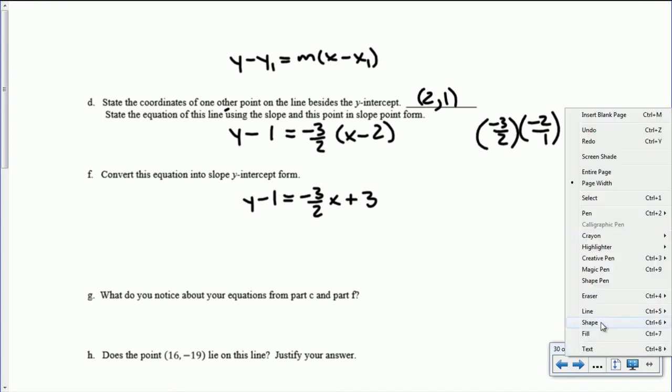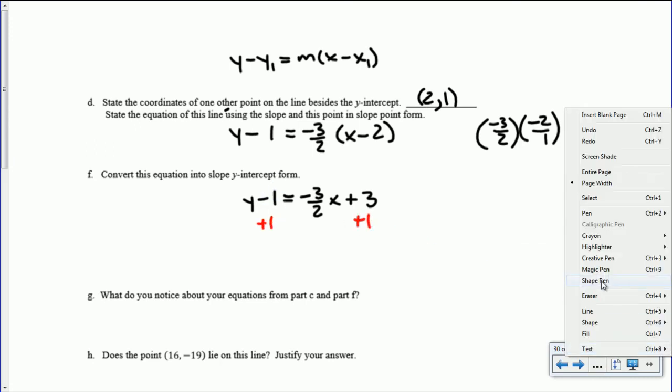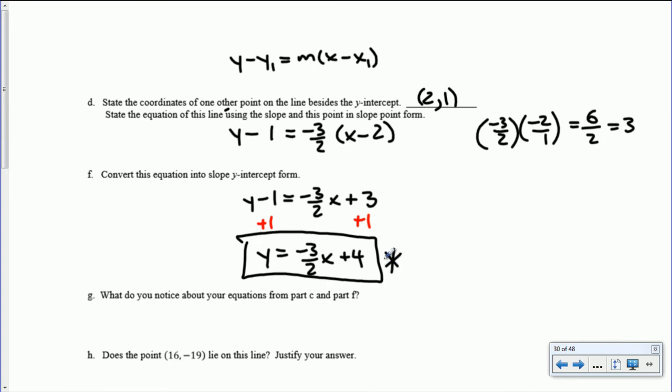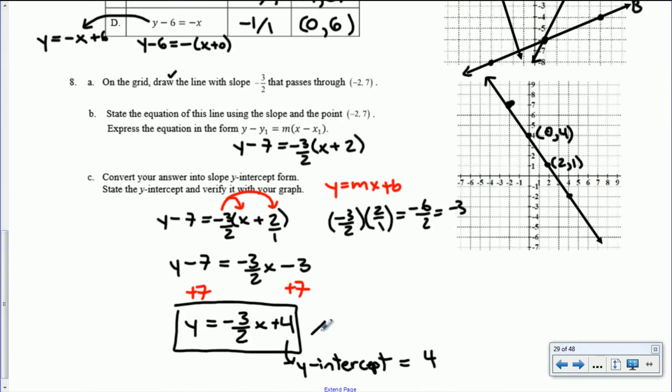Okay, and we're close. Now we just get rid of this. So add 1 to both sides. So then y equals negative 3/2 x plus 4. And what do you notice comparing C and F? So comparing this one, right, to, what is it, this one, they're the same. Negative 3/2 x plus 4